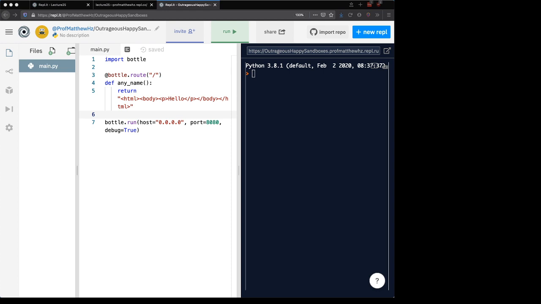Okay, so welcome back. This is going to be another live Q&A for 115. Today, in particular, we are going to be discussing the Bottle web server. This is a system that we can use in Python to define our own web server. I'm going to give students a couple minutes just to